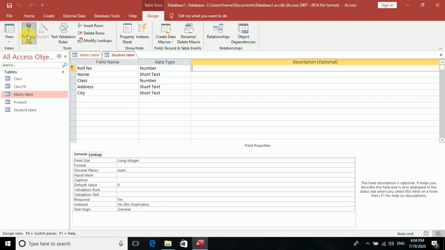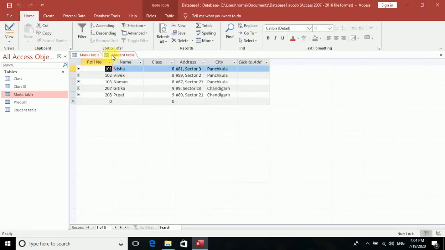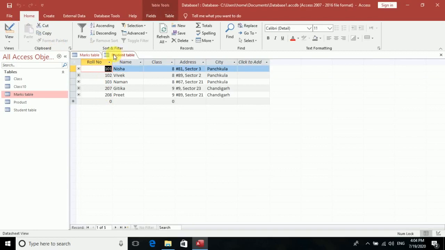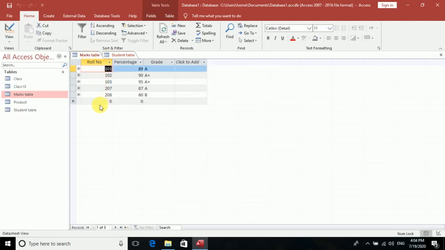You just see the data now, so you will understand. In the data you can see the roll numbers are the same for the marks table and the student table also, right? So this is 101, 102, 103 and 207 and 208. Same is over here in the marks table.